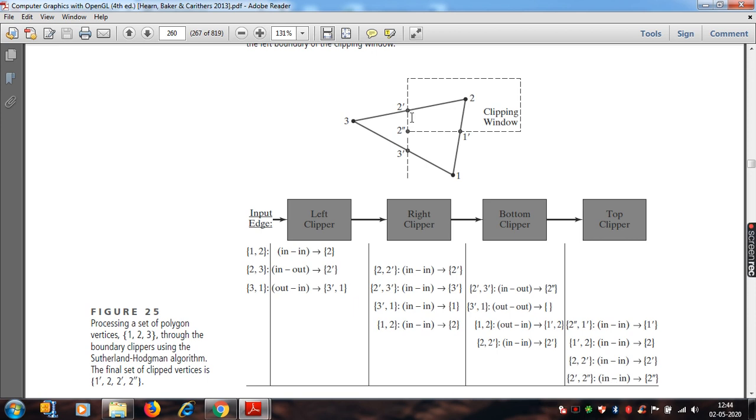So now we will see next. Similarly, now these vertices are further processed for the right clipper. You can see now what is the object. Now we have only this portion. You should remember that when this goes to the right clipper,